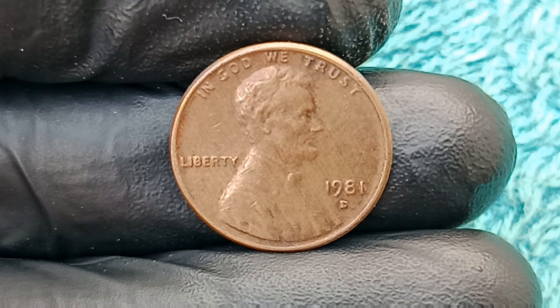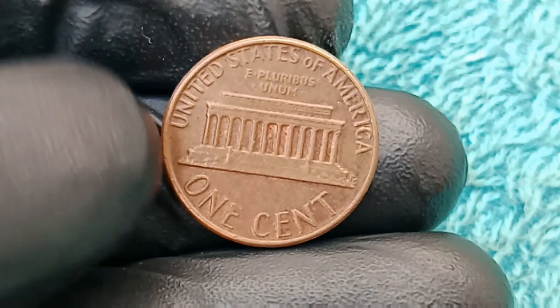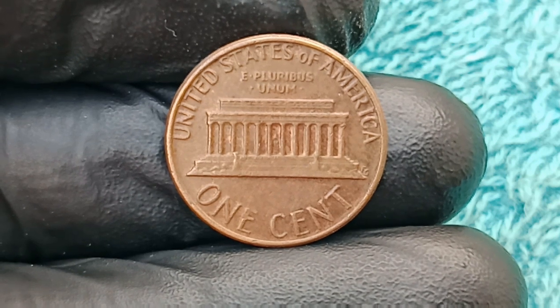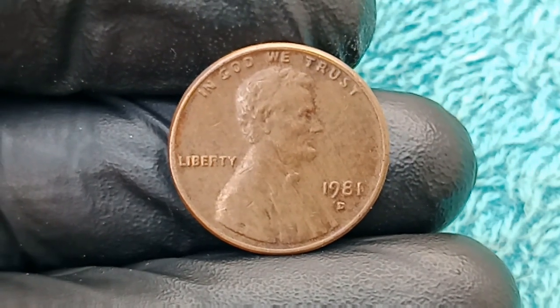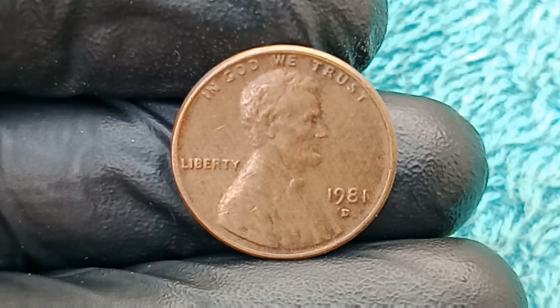officially released cent during or before that year, suggesting it was struck using a leftover or experimental planchet not intended for release. A finding that alone could have made it a valuable item, but when coupled with the extreme condition of the coin, graded MS-68+ by PCGS, and the stack of errors it contained, the coin was reclassified as